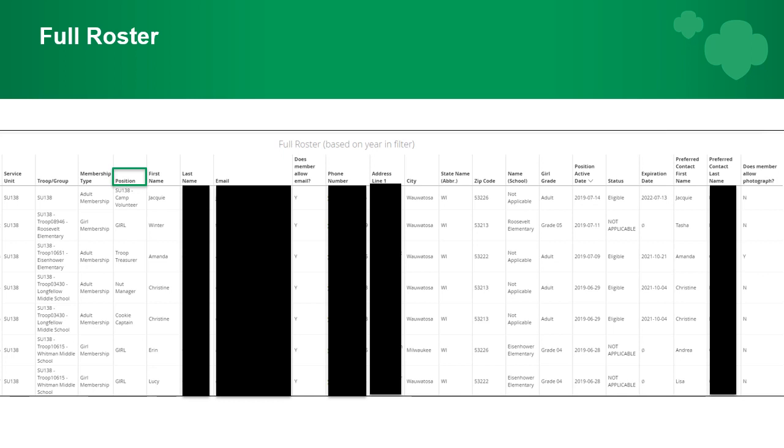Position is the position a member holds within their troop or group. Anyone with a girl membership should have girl listed in this position. First name, last name, and email are the information for that member. Email addresses are usually for the preferred contact in a household, but adult members may have their own email addresses